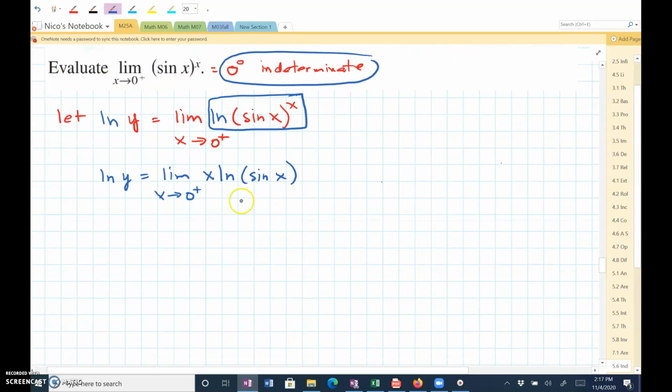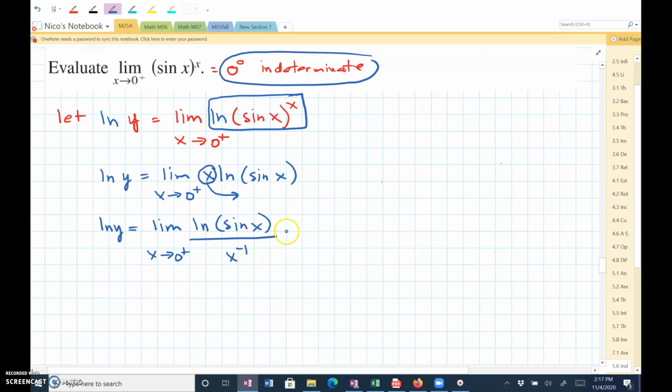You don't want to really apply it until you do L'Hopital's rule. In order to do L'Hopital's rule, I need to rewrite this as the limit of the natural log of sine of x all over x to the negative first as x approaches 0 coming from the right. So I'm taking this function and moving it down to the denominator, because you need a function in the numerator and the denominator to apply